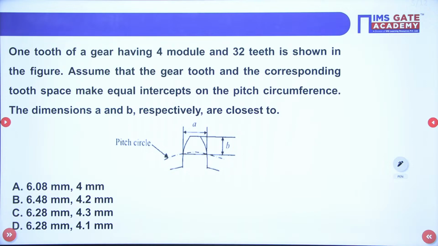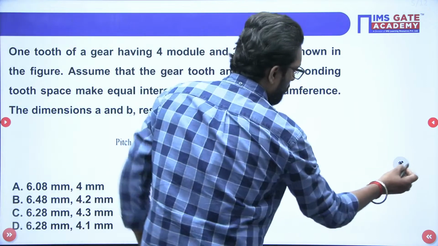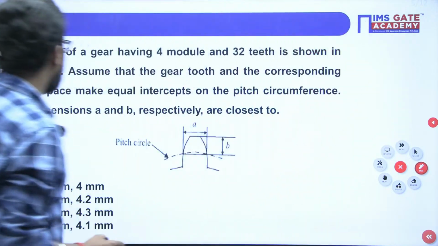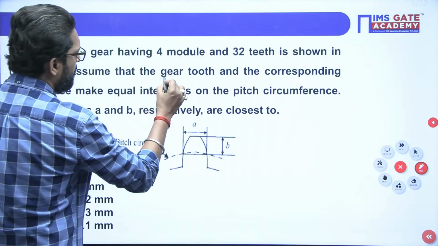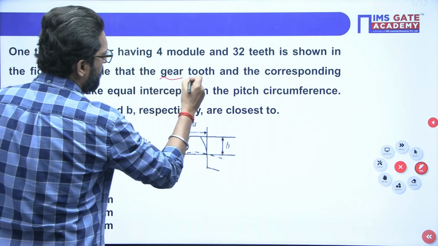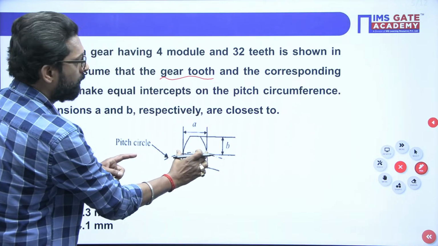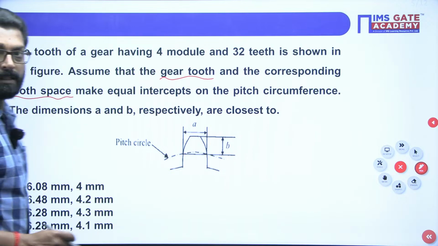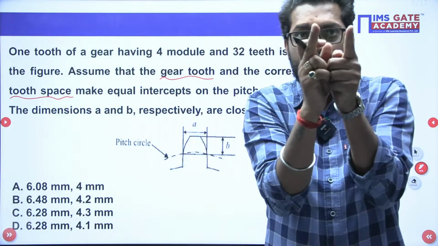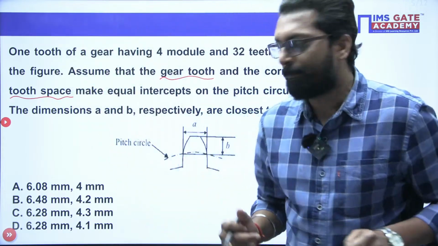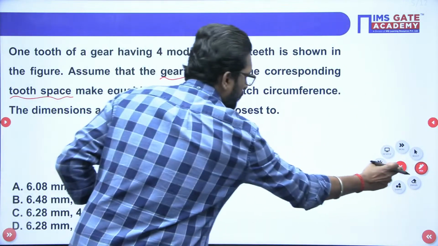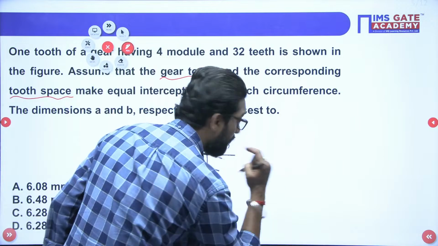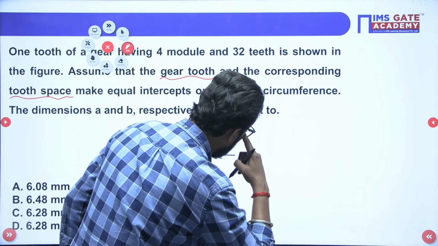Now we have to start, but one thing here: in the question it is given, you must consider this. Assume that the gear tooth is equal to the corresponding tooth space. That means whatever the tooth is, the same is equal to the corresponding tooth gap. Let's suppose, my dear, let's suppose